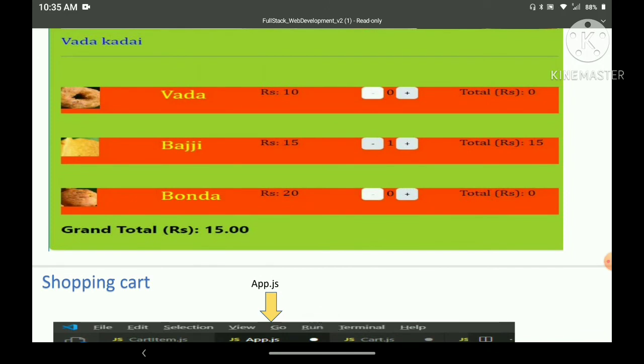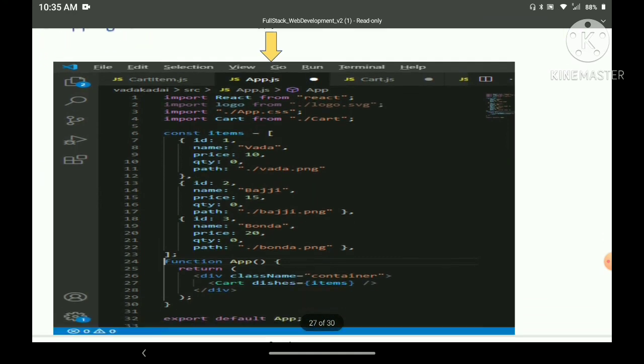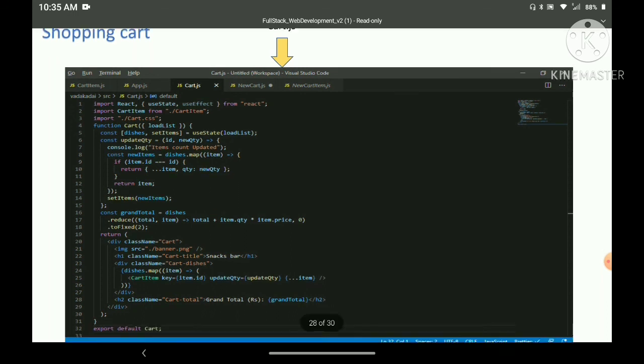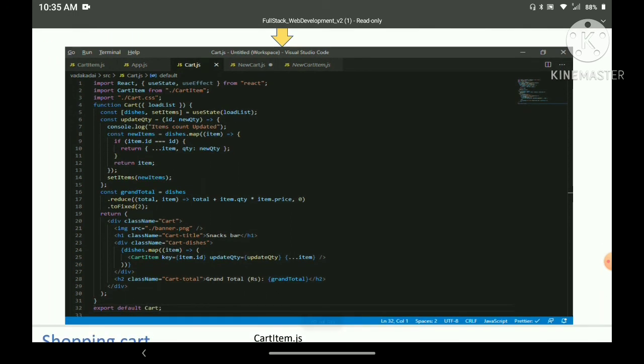Okay, fine. So another item is there, that is called grand total, right? How is it getting calculated? If you see, the grand total variable is in line number 16, and the grand total is used in line number 28. So again the grand total is calculated for each item. We need to get the total for each item, and we need to summarize those items and display it, right?